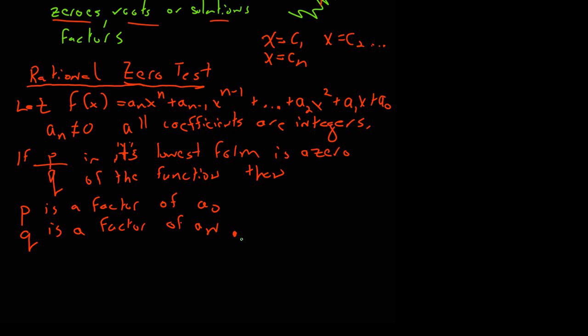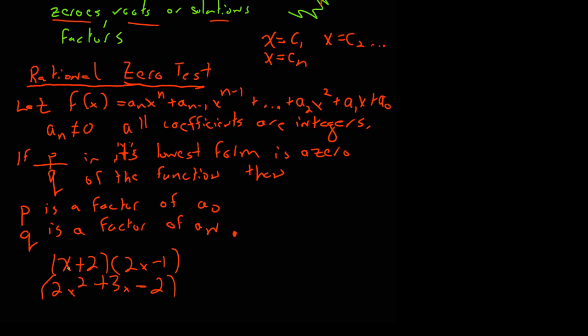This is why I've been saying the constant and the leading coefficient are the things that are going to help us the most. And we saw this with quadratic equations. We had x plus 2 and 2x minus 1. If I multiply these together, I get 2x squared plus 3x minus 2. I'll actually do the 2.